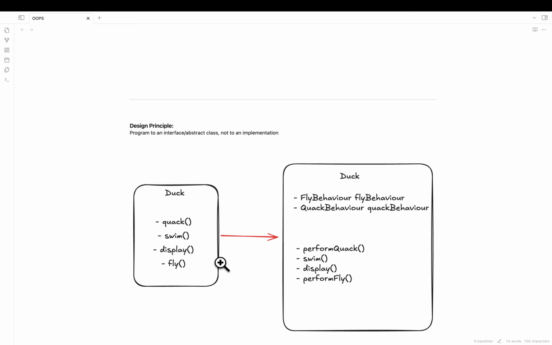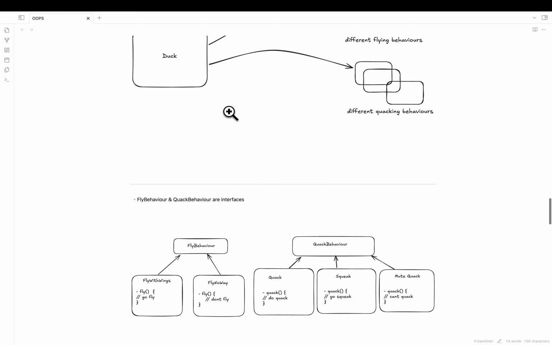Whatever was common stays, and we pulled out the varying methods from the duck abstract class, and then created these interfaces.